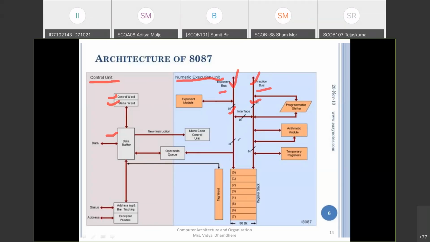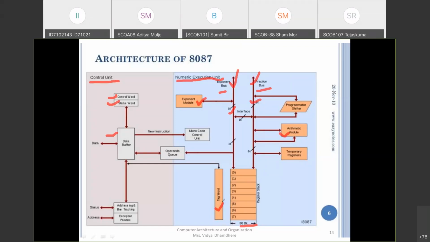Now in this numeric execution part, the exponent module is there and the arithmetic module is also there for performing arithmetic operations on the fraction part. Then we have the stack registers, which are 8 in number, and each is 80 bits long. We also have the tag, which is used for tagging whether the particular operation is valid or invalid, or whether you are in an idle state.